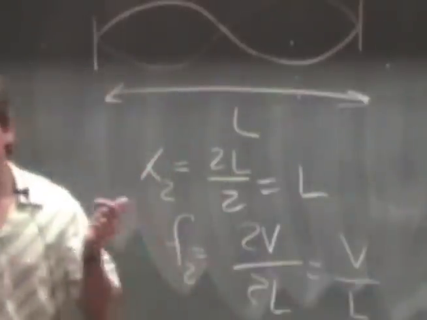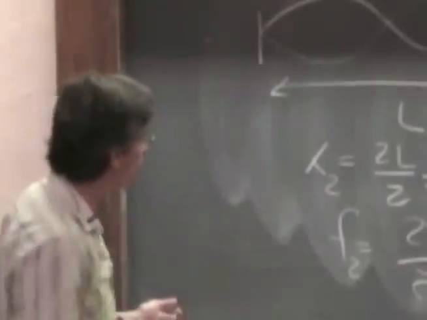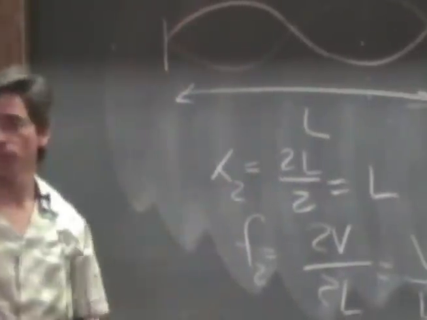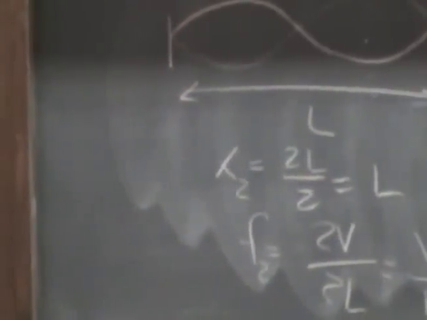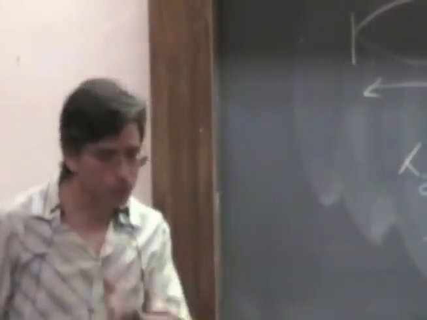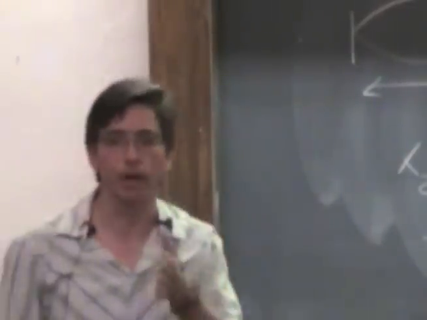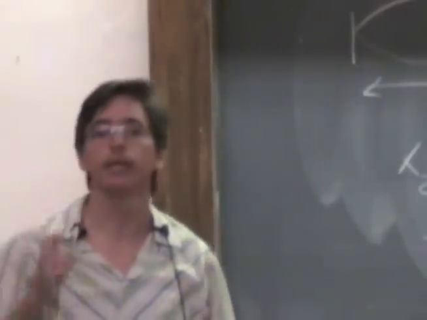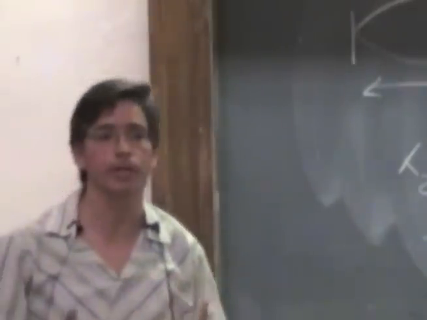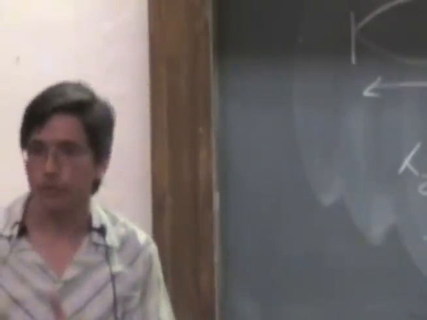So a guitar string, when you pluck it, you would hear mostly the n equal 1 mode, but there will be a little bit of other modes, n equal 2, n equal 3, and so on. And this particular combination of the harmonics that you hear when you play an instrument, that's what allows your ears and your brain to distinguish between a C note played by a piano and a C note played by a